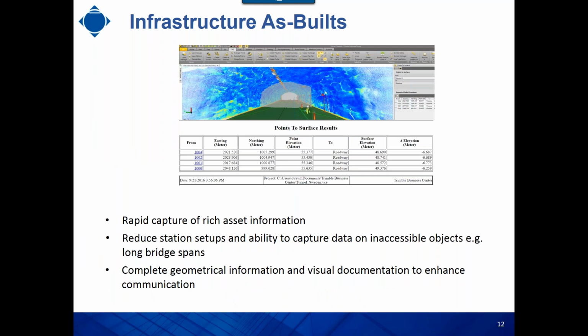Basically, rapid capture of rich asset information is very important. Reduce station setup and ability to capture data on inaccessible objects, for example long bridge spans. Because if you want to do that traditionally, we all know that we have to do a lot of reflectless shots to measure all those points. But with the point cloud, when the data is captured, all of the information can be extracted from the point cloud back in the office, which basically